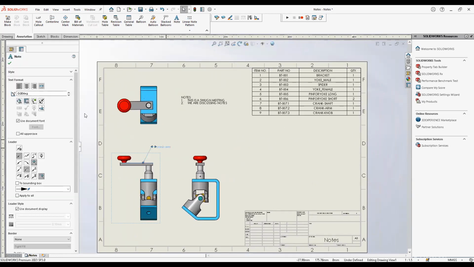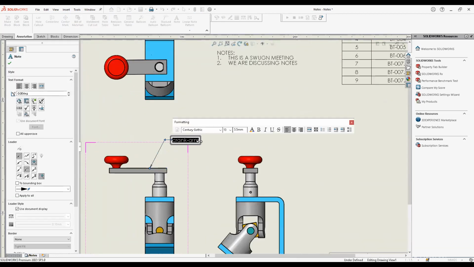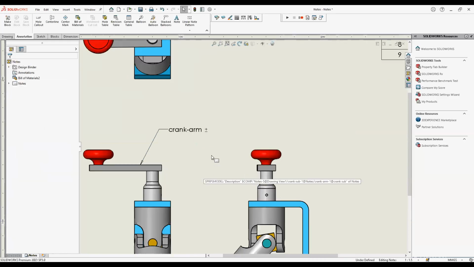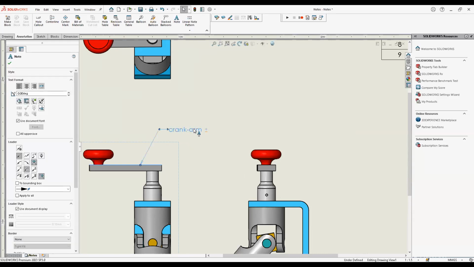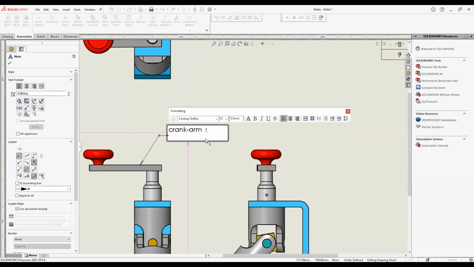Then we can also add symbols to the note if we want. For example, I want to add a plus minus sign or a dia sign. I can do that. And like I said, you can always keep the annotation or particular notes in your library and you can use them. Then you have different options for the arrows, for the directions of the arrows, or for the justification where you want to keep it. Let's add